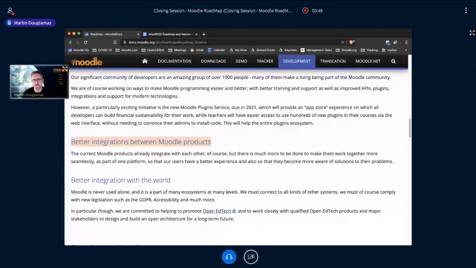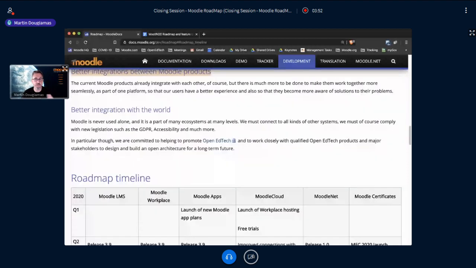And lastly, more integrations with the world. It's very rare that you just use Moodle. You usually have Moodle and a bunch of other stuff, which can be open or maybe not. Right now we're inside a big blue button room, and there is the integration with Moodle for that, which is one of the better ones. We really want to focus on these integrations so that when someone is setting up a learning platform, they can grab Moodle, grab this, grab that, all these pieces, and they plug together very nicely, very transparently, without a lot of development work.